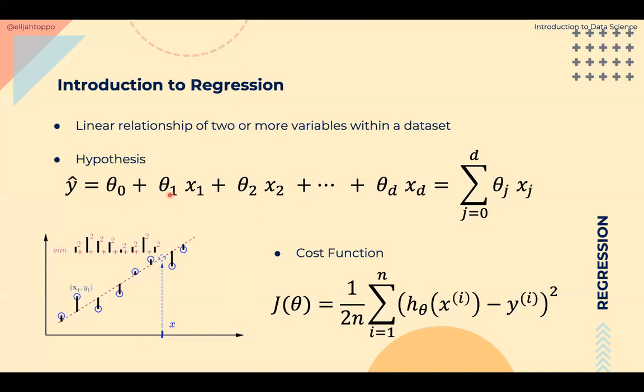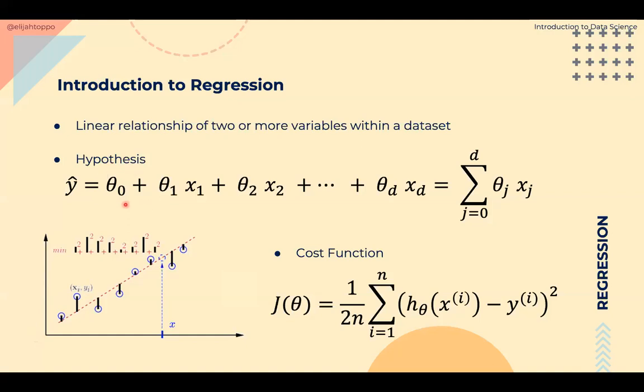You can also see that along with theta1 x1, theta2 x2, and so on till theta d xd, there is an additional term theta 0, and we call this the bias term, the base term. If you look at the equation of a line, something like y is equal to mx plus c, this could represent the c value, the y-intercept of the model. That means when all of these inputs are 0, where does the line intersect the y-axis, the target axis? That is decided by this variable theta 0.